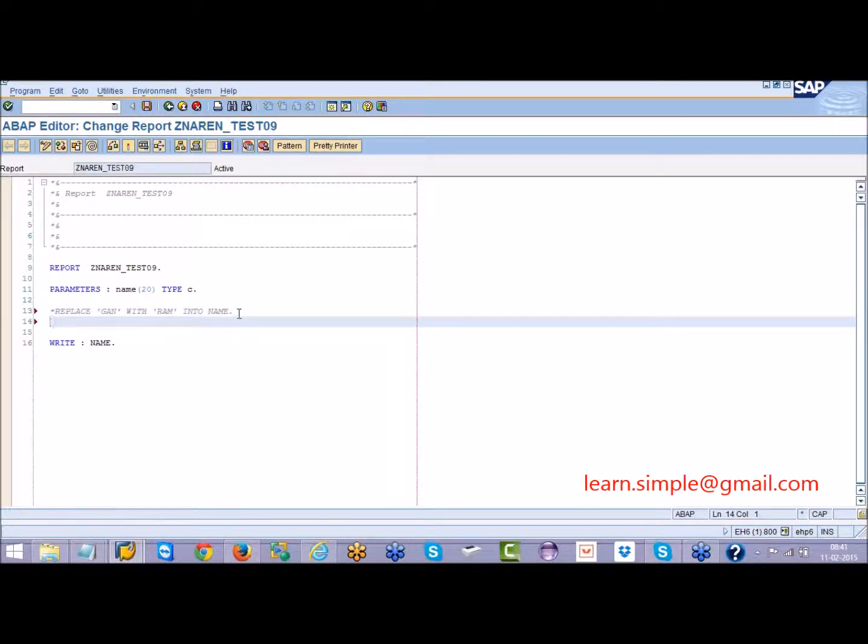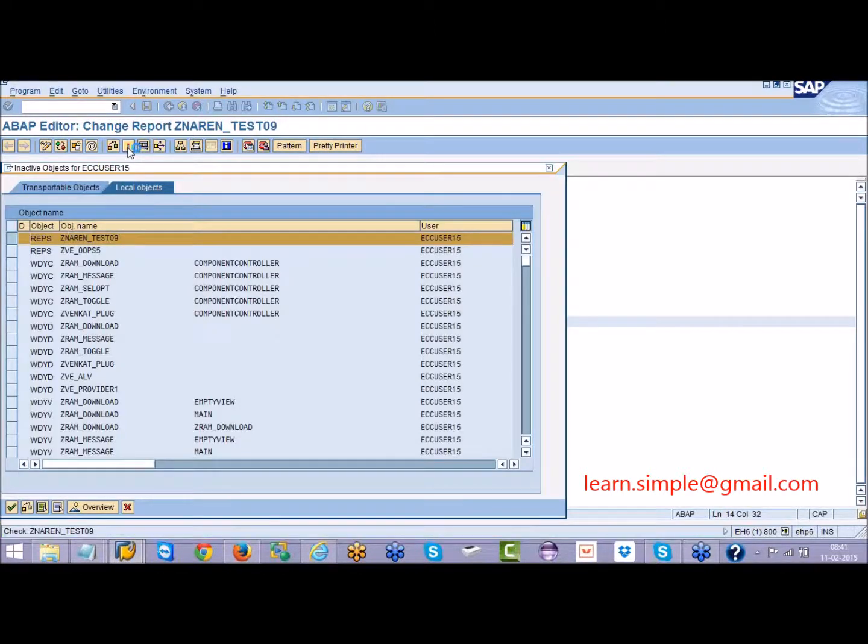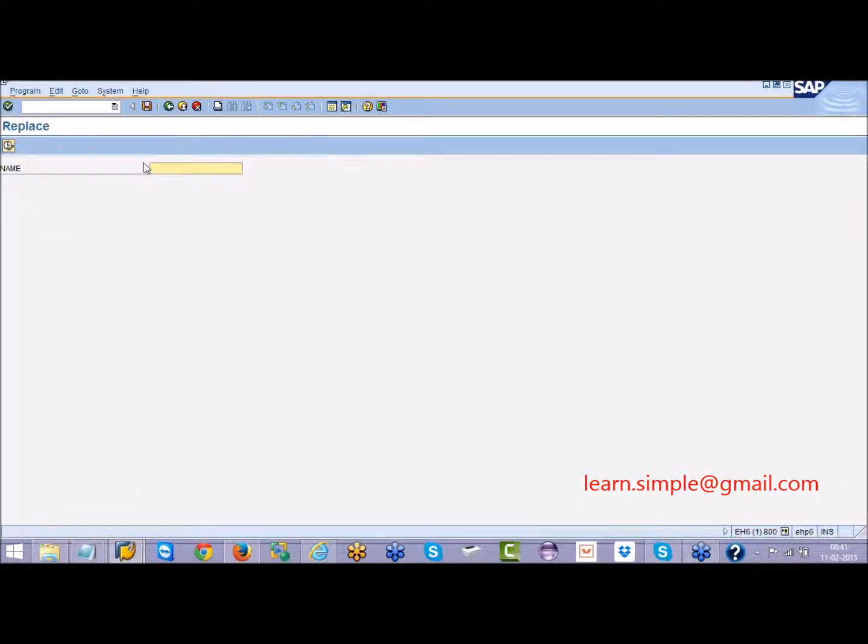For example, I will comment this line and write a new syntax. I will say replace A with B in name. Here I will give SAP ABAP as my input. What is the syntax I have given? Replace A with B. So what is the expected output? SBP BBBP.